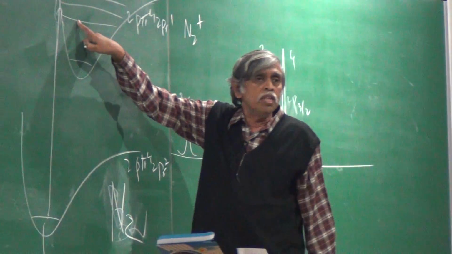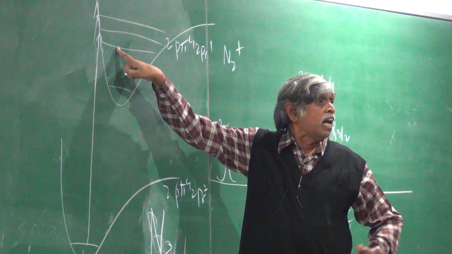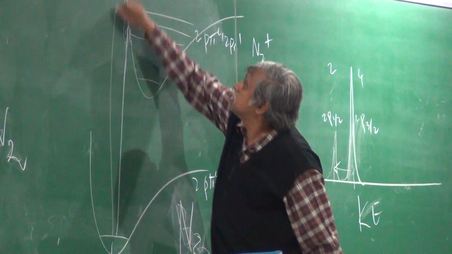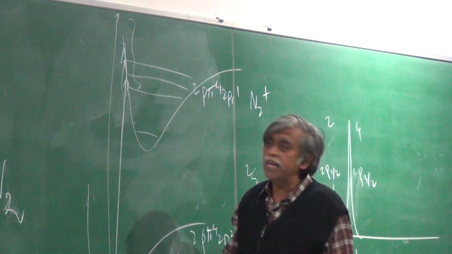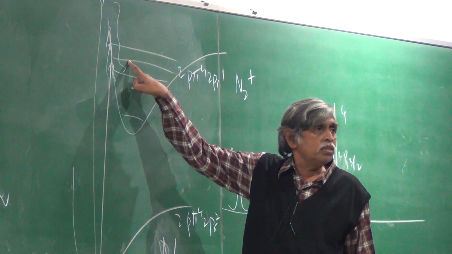If I leave the molecule in this vibration state, what will be the kinetic energy of the electron? The largest or the smallest? Let's say the photon is this much. This is the kinetic energy. If I leave the molecule in this vibration state, what is the kinetic energy of the